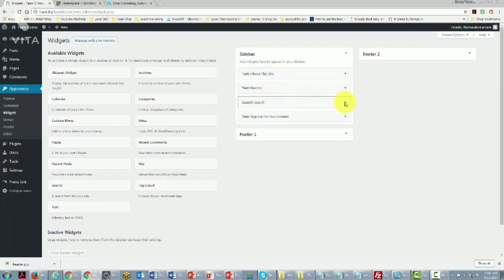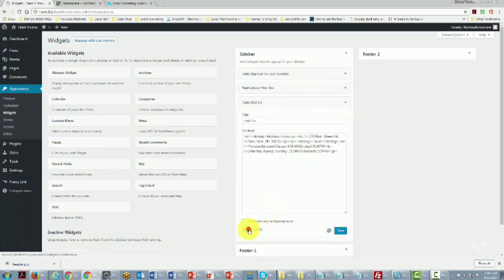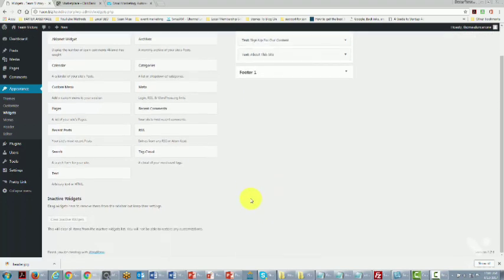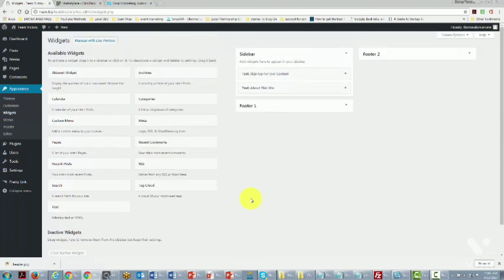And we may even want to take something out. Maybe we don't want a search box in. And maybe we don't even want the Find Us in. So we'll take that out. So now what we're going to do is take a look to see what our site